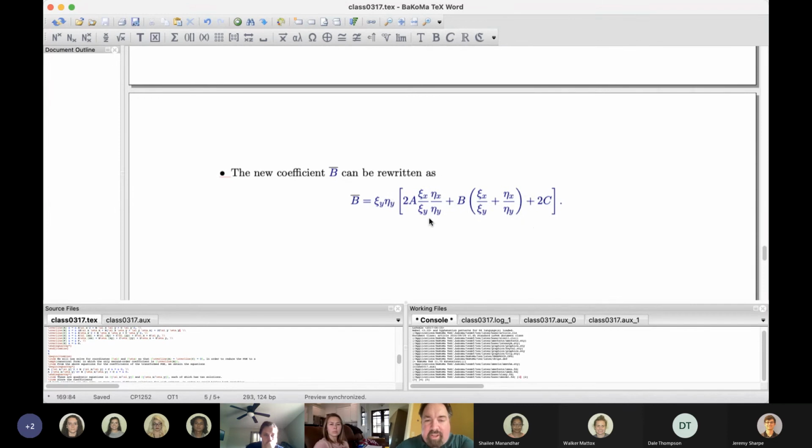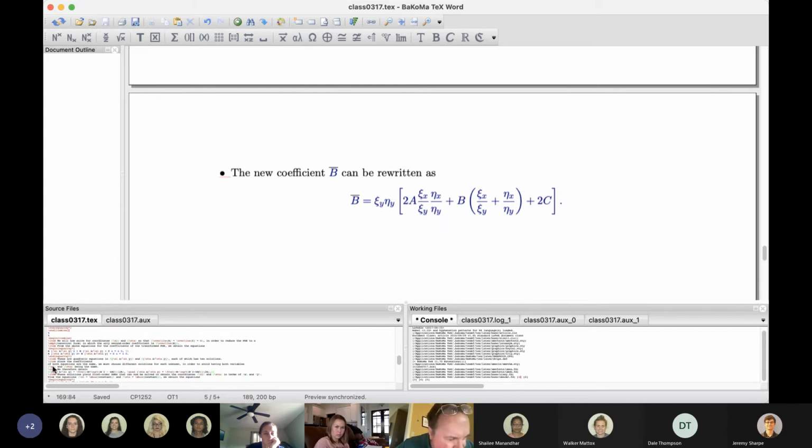And here I've done some factoring to be able to express b bar in terms of these ratios that we saw earlier, because these came from the quadratic formula. And here, this is one root, here's the other root. So here we have a product of the roots. Here I have a sum of the roots, and that's very helpful because